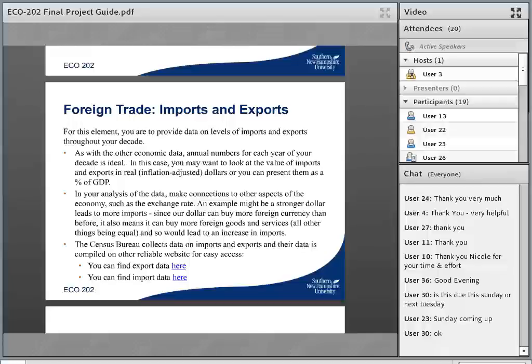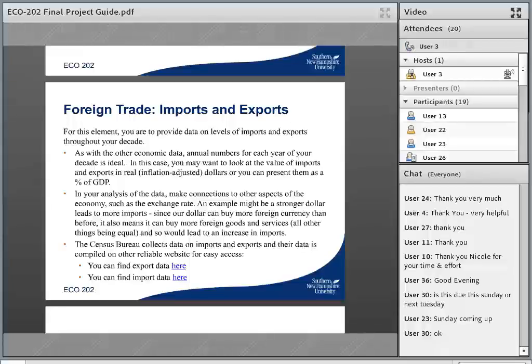So for this element, you're going to provide data on the levels of imports and exports throughout your decade. There's a couple ways you can do this. Some students look at it as a percentage of GDP. Some students just look at it in dollar terms. If you do it in dollar terms, make sure that you do it in inflation adjusted real dollars, if that's